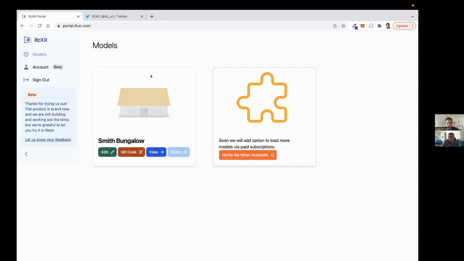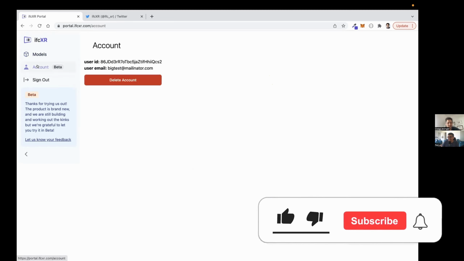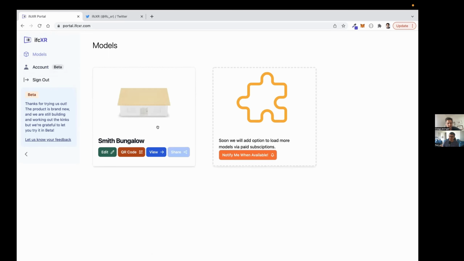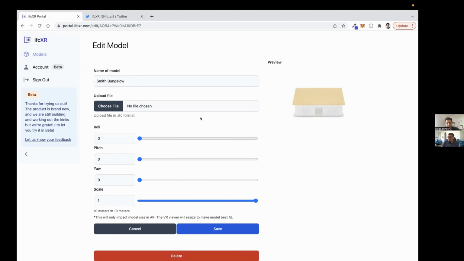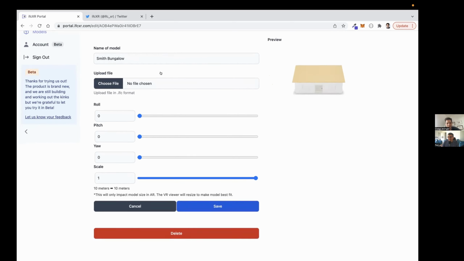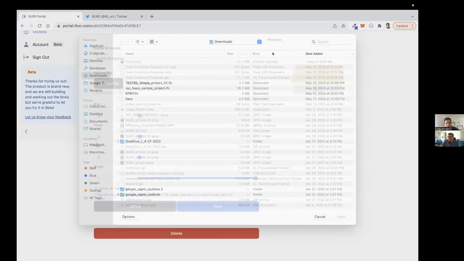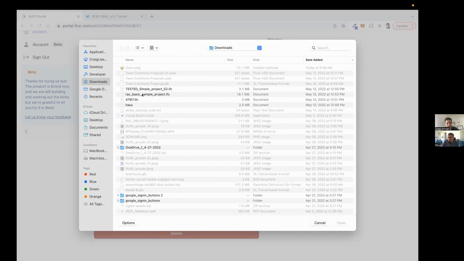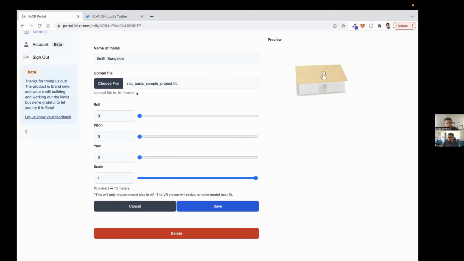It's just kind of your models that you have, and then a simple little account section that says what your ID is and gives you a chance to obliterate your account forever, and sign out. And let's just say edit, because it gives you the same screen as if we made a new file: give it some name as a title, and then pick your file, and of course it's looking for IFC files. Let's just pick any one here. It'll update our preview. There we go, we got our file. So this is Google Model Viewer working already over here,